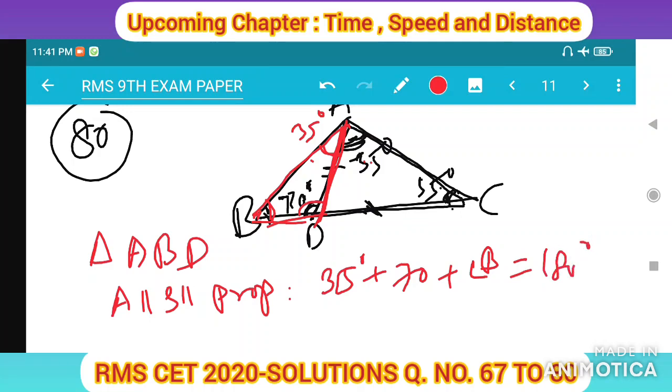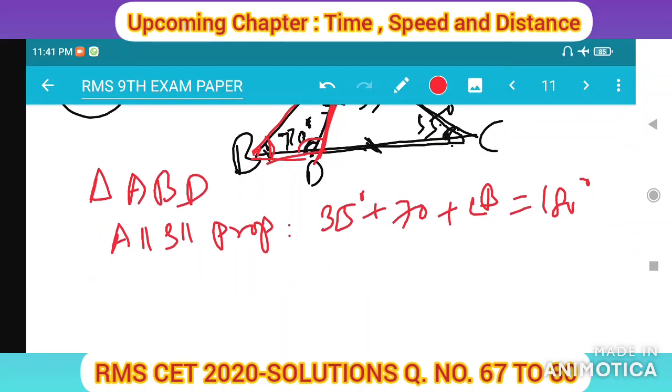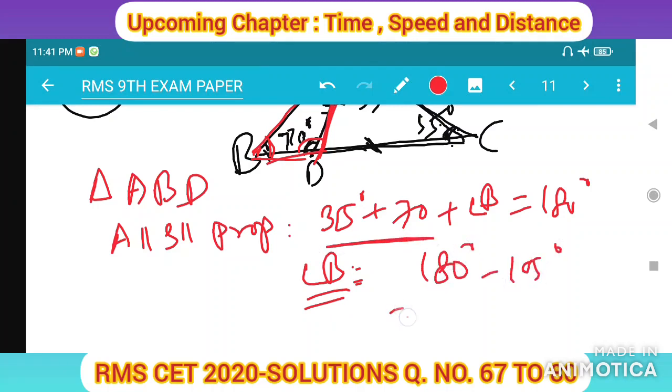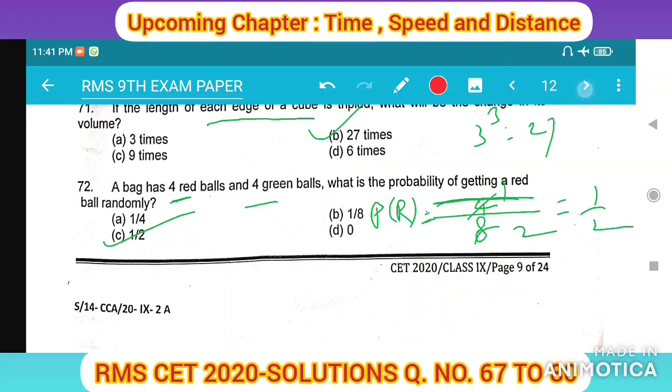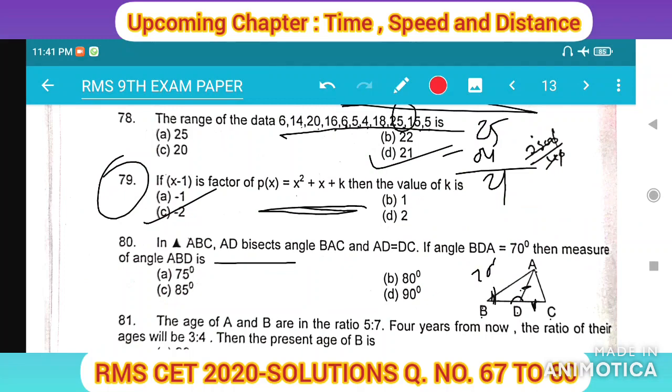So the required angle B is 180 minus 105, which is 75 degrees. This is the answer. 75 degrees. So we end the present session up to the 80th question, and the remaining 20 questions will